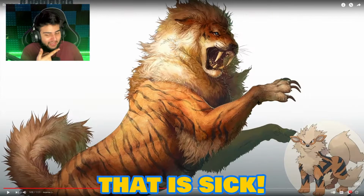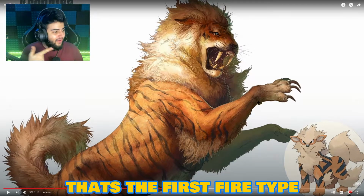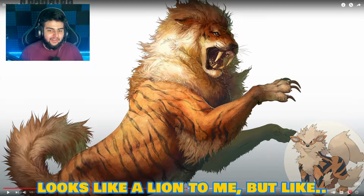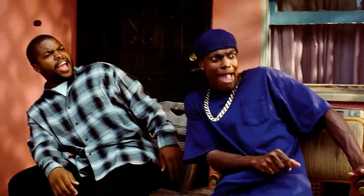That is sick. That's like the first fire type I like so far. Oh my god. That looks insane. It looks like a lion to me, but like...